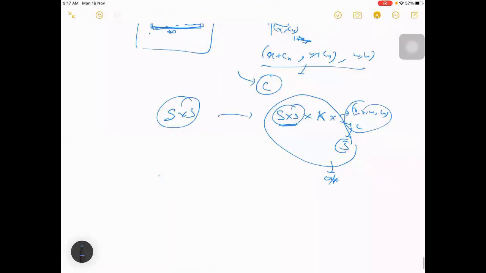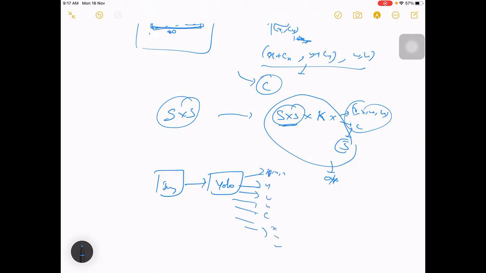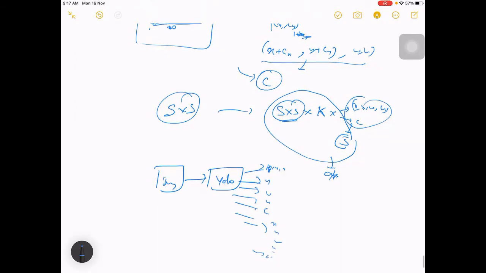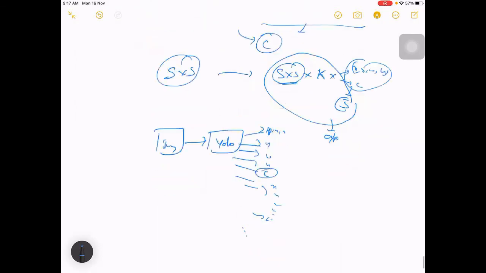You take an image and pass it to YOLO, and the outputs are x, y, w, h, and C, similarly x, y, w, h, and C, like this. C is a kind of probability from the model.